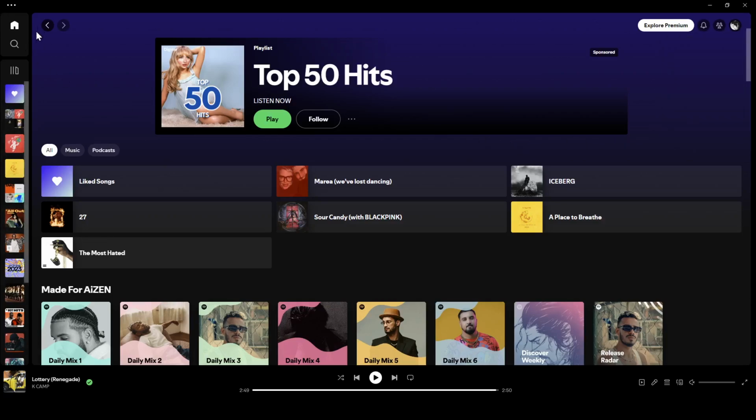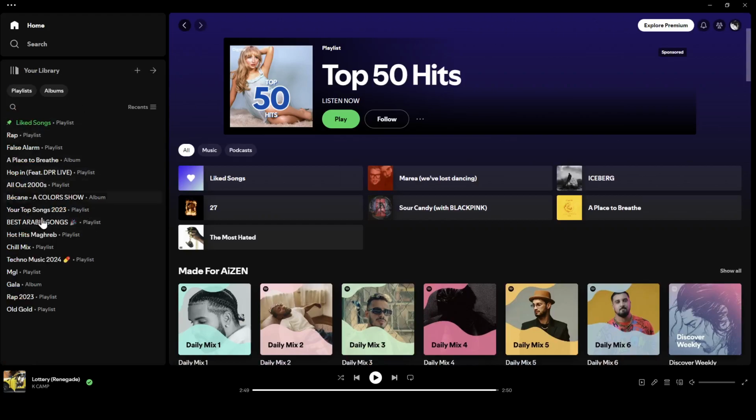Here in the left side of your screen, you're going to find all of the sections. There is a home section. Here you're going to find the search section. And right here, you're going to find all of the playlists that you have. If you click on expand your library, you're going to be able to expand your library, as you can see,